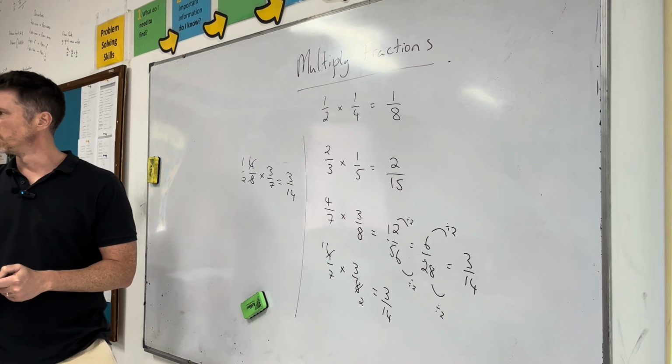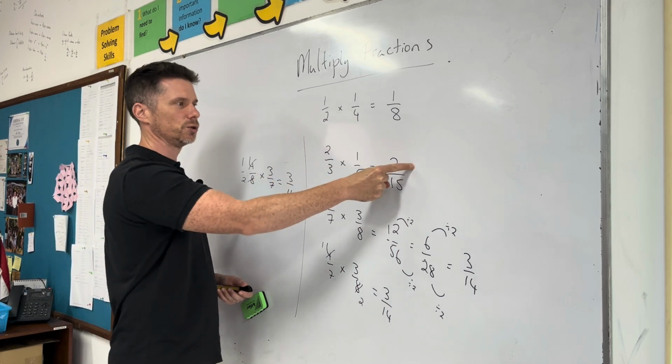Okay, so that is multiplying fractions. Just multiply numerator times numerator, denominators times